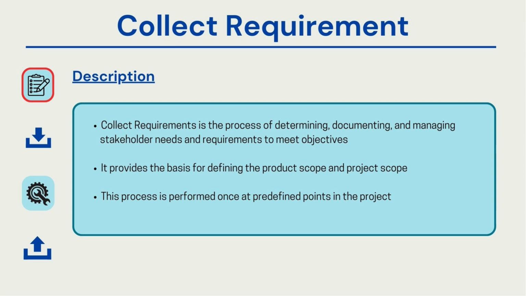So it could be manufacturing some product that you are working on, or coming up with some result, process, or service that you're trying to launch in the market. All of that could be a part of the collect requirements process, depending on the kind of objective that you have defined. This will certainly give us an idea about how to define the scope of the product or project that we are working on. Before we define the scope, it's important to gather requirements.